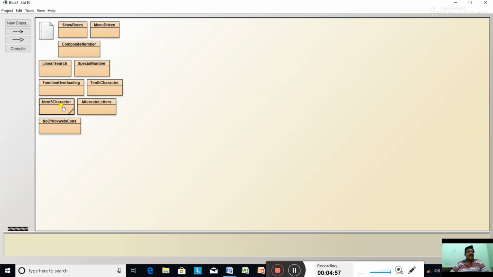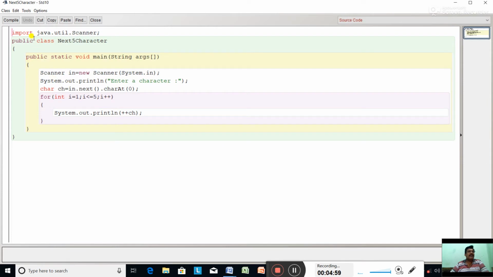The program is already typed: public class Next5Character, Scanner in = new Scanner, System.out.println enter a character, char ch equal to in.next().charAt(0). For int i = 1, i <= 5, i++, and System.out.println ++ch. Compile. No syntax error.